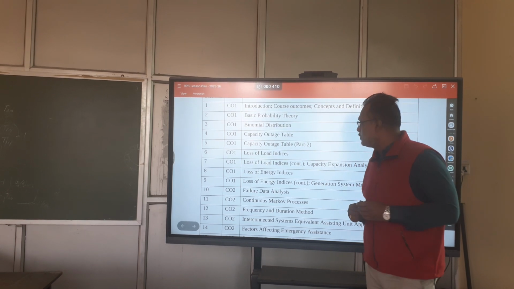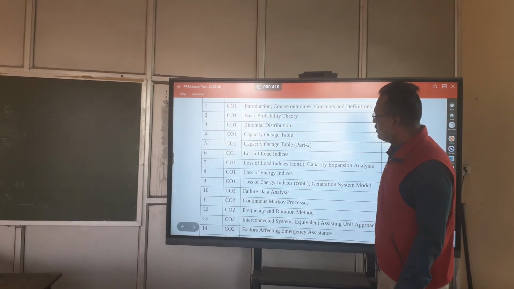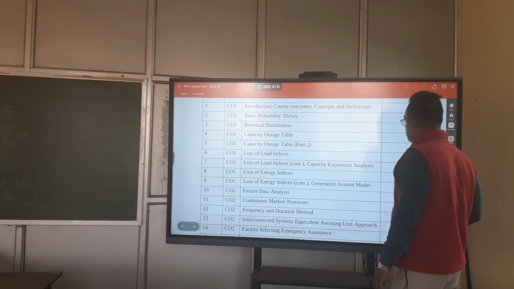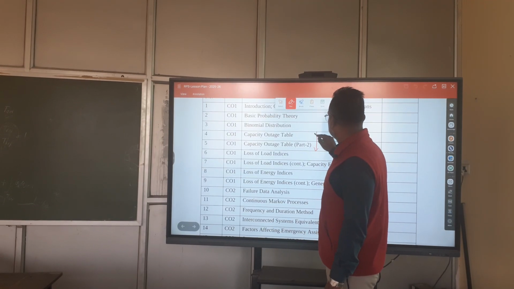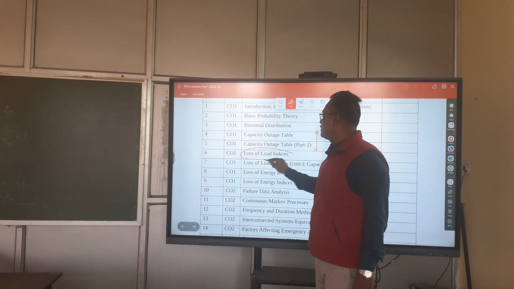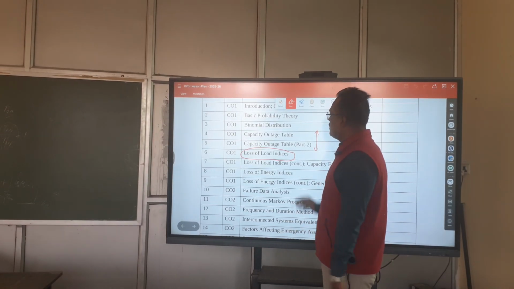Okay. So now we will discuss. We have seen the capacity outage table. So the next logical step is finding out loss of load indices. Now remember that in the whole of reliability engineering or power system reliability, this is the